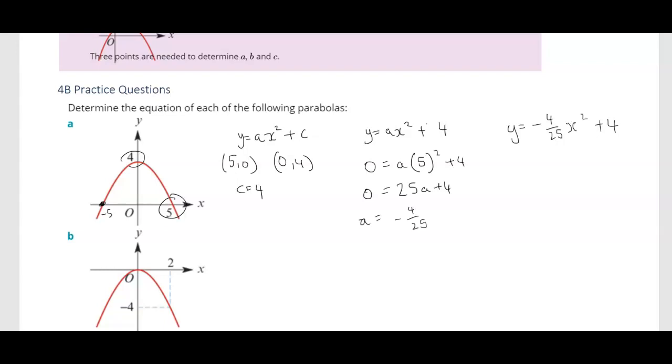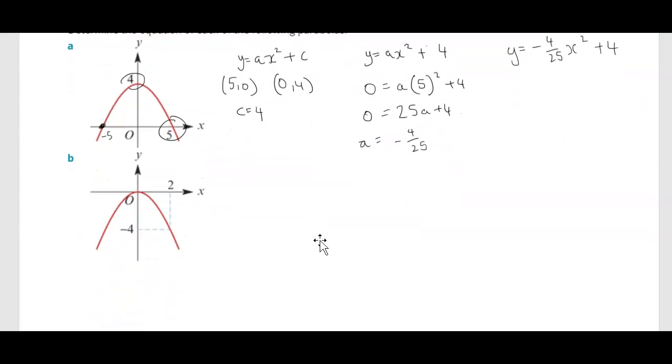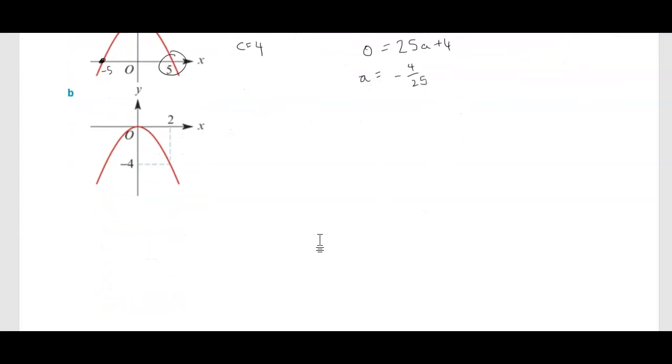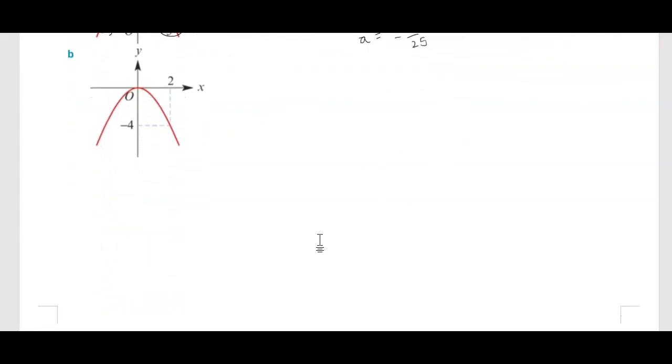All right, so there's your equation. I don't want to make these videos long. I was going to do it the factorized way as well. All right, so question B,